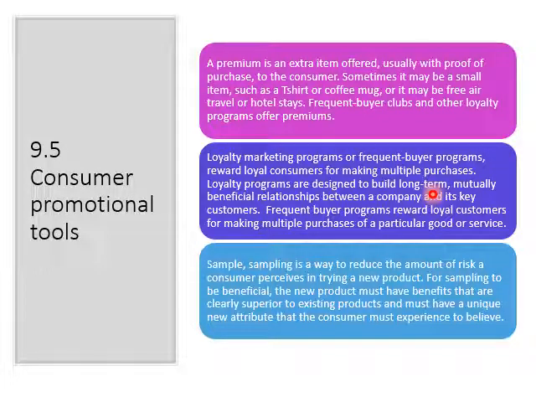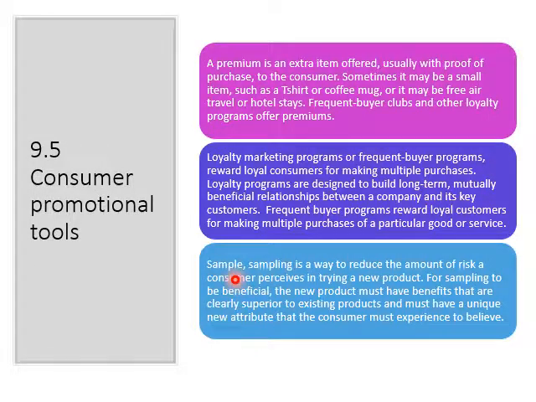Like if you go to Sing Futang, for example, those of you who love to drink boba tea, you go to Sing Futang, they give you a card, so every time you purchase a drink, they will give you a stamp. So you will need to collect 10 stamps. If you collect all 10, then you will be able to redeem one free drink on the next purchase. So that is actually a frequent buyer program.